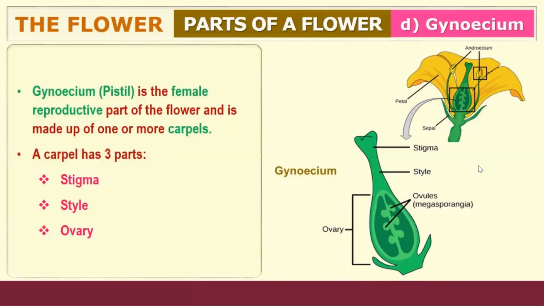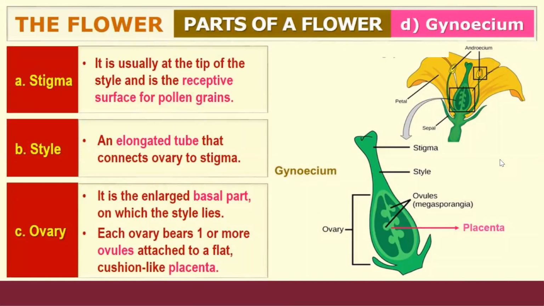The fourth part of the flower is gynoecium. Gynoecium, the other name is pistil, is the female reproductive part of the flower and is made up of one or more carpels. The carpel consists of three parts: stigma, style, and ovary. Stigma is usually at the tip of the style and is the receptive surface for pollen grains. Style is an elongated tube that connects the ovary to the stigma,